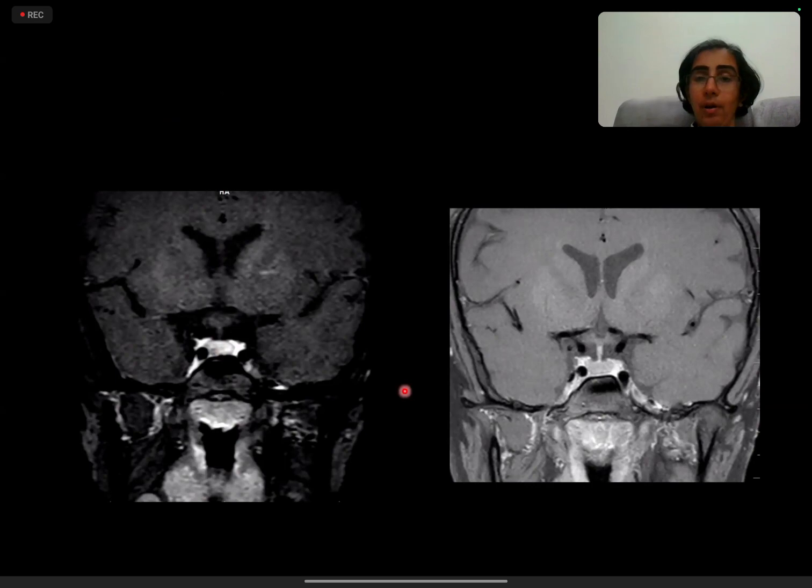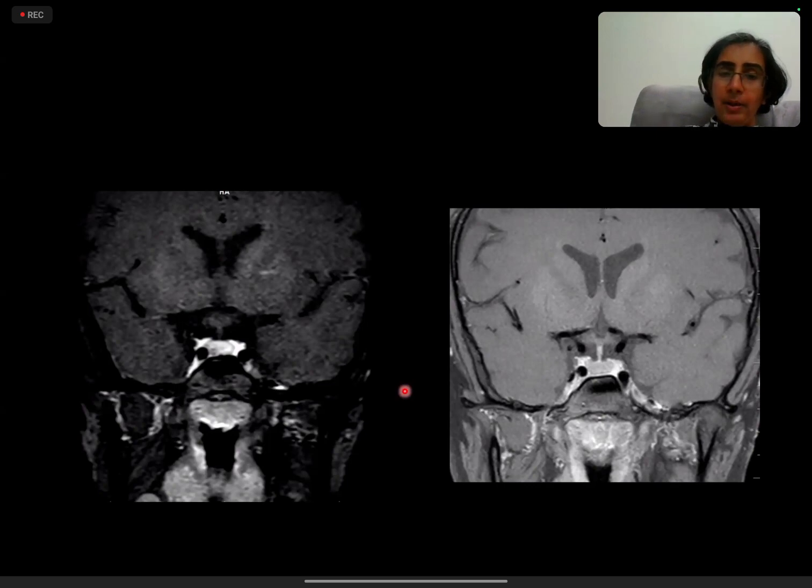Okay. So one of you will take this first case. This is a patient with hyperprolactinemia. The good thing about pituitary lesions is that the differentials are quite limited. And the second thing is that if we pay attention to the clinical history, more often than not, we will have the answer with us. Cases are pretty straightforward. So, Schwartz will take this case. This is a middle-aged man with hyperprolactinemia, and that itself gives you a clue.